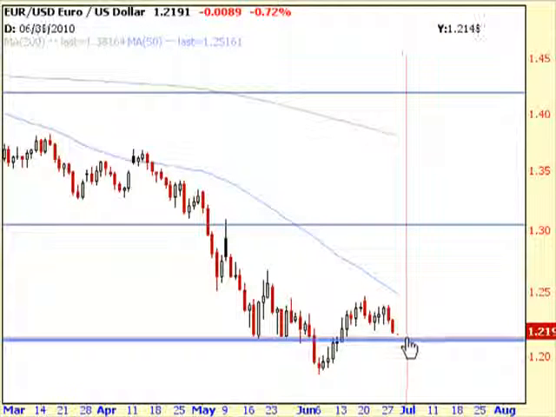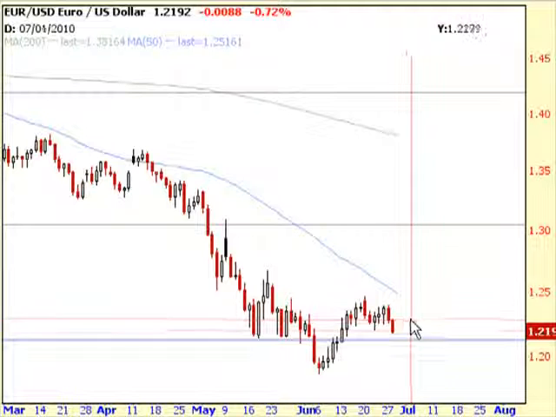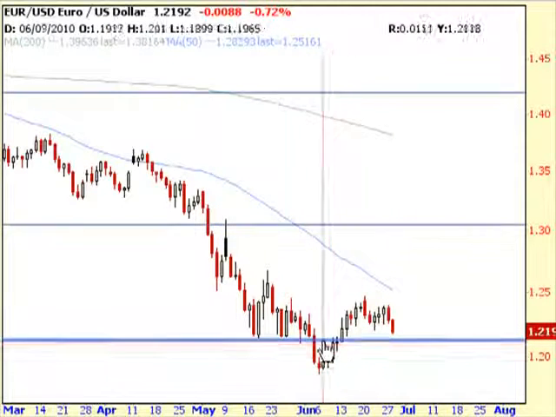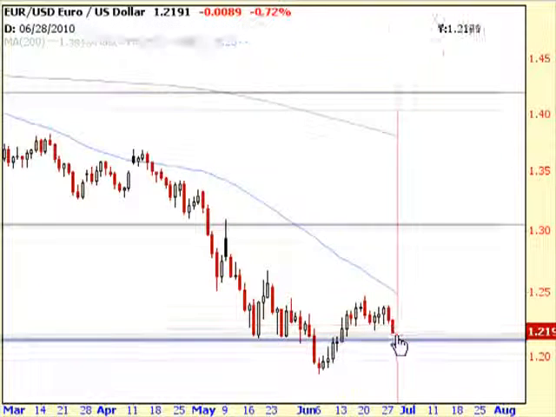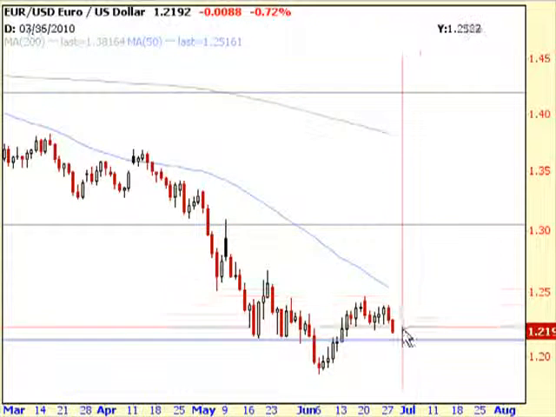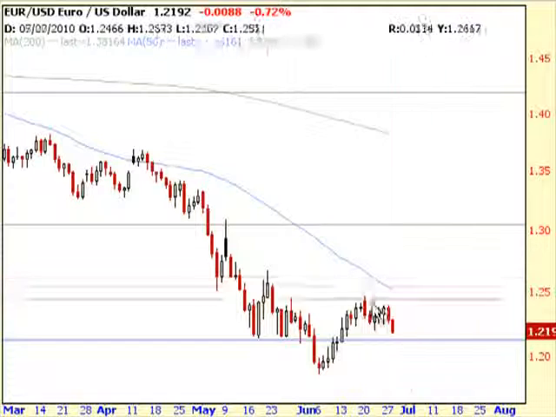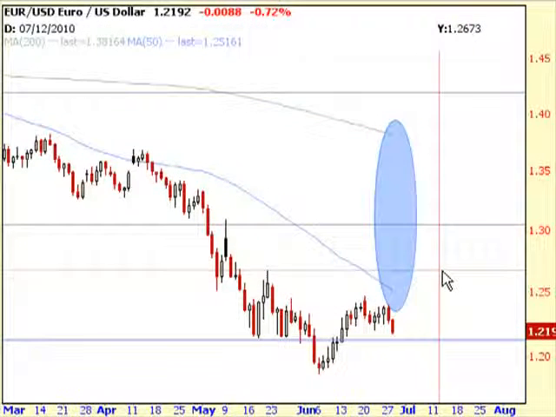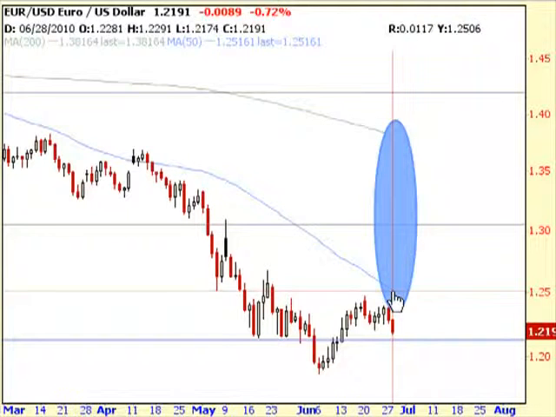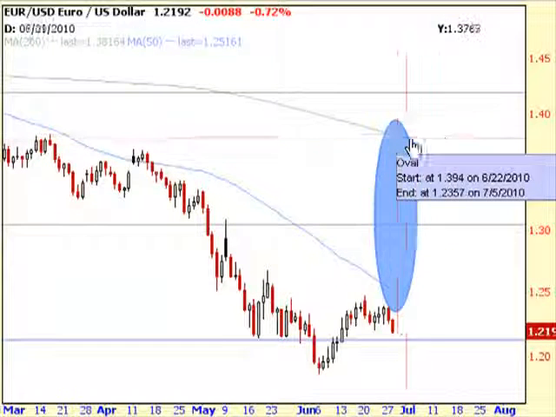As far as the euro US dollar, again, you can see I have a lot of Fibonacci's on my trading screen here, but this one's another really good one to watch. It seems like the euro has come off of this low here down below 120 and is really going to start bouncing off of this. I'd like to see it start bouncing. You can see on here, and I'll just draw it with the circle, how far away the 50-day moving average and the 200-day moving average are.